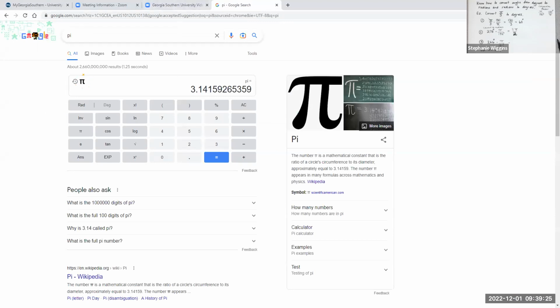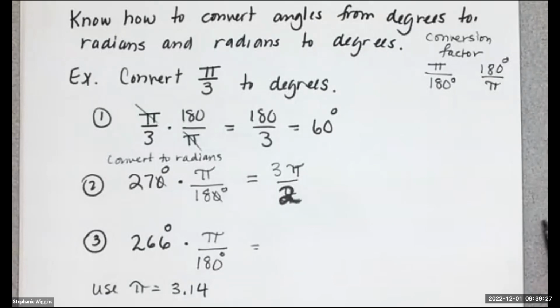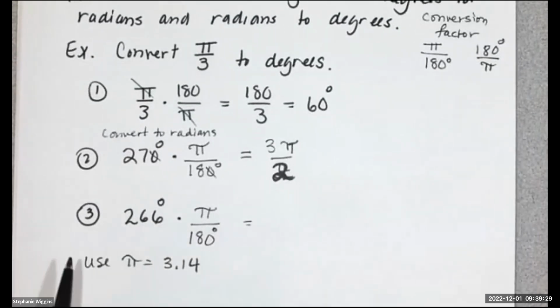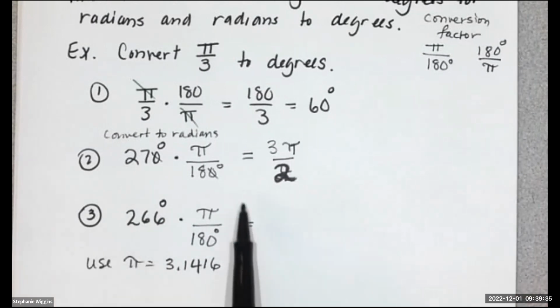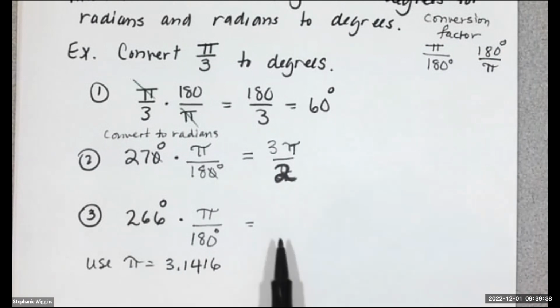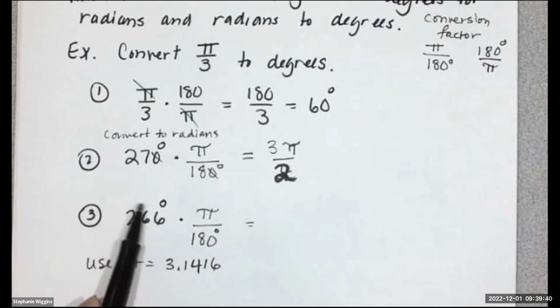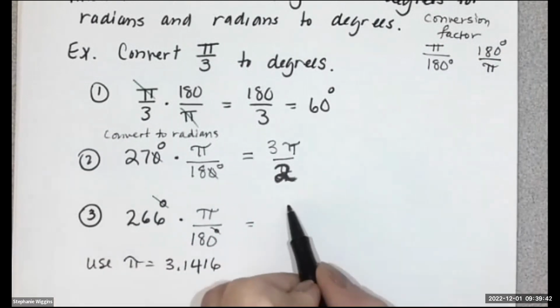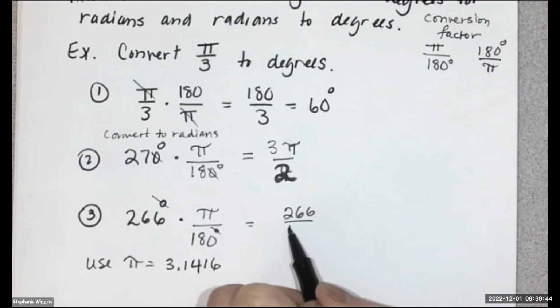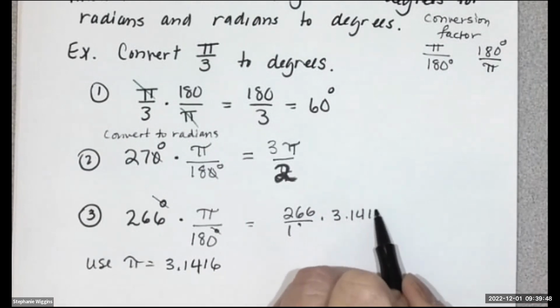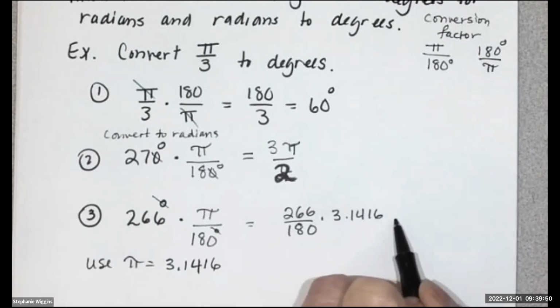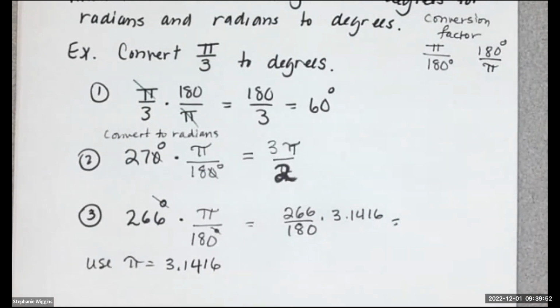3.1416 is what I think they ask you to do. So in that situation, when they say use pi equal 3.1416, then you're going to just do your calculation on the calculator. The degrees will cancel here, and you're going to have 266 times 3.1416 divided by 180. So going to the calculator,